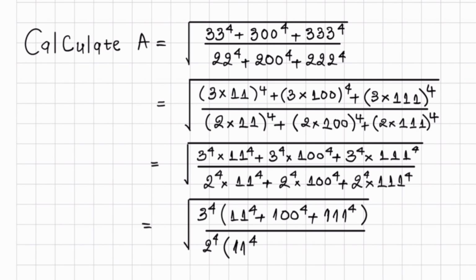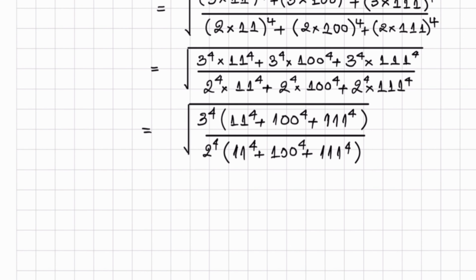Okay, and then we will get 11 to the power 4 plus 100 to the power 4 plus 111 to the power 4. So as you can see, the expression here and the expression here are the same. We can cancel them out, and then we will get